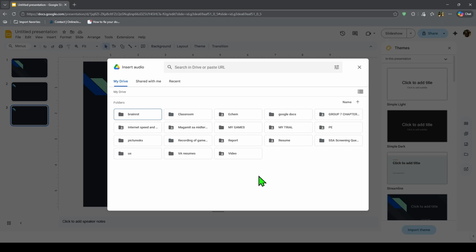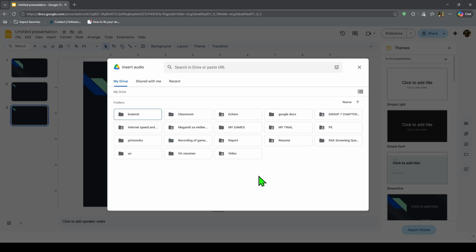One important thing to remember is sharing. If the audio file is stored in Google Drive, the people viewing the presentation may need access to that file too, especially when you are sharing the deck with others. Guidance on using Drive-based media in slides consistently notes that permissions can affect playback for other viewers,